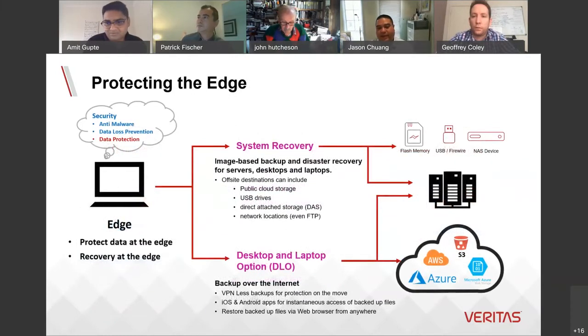All right. So look, getting into the edge. This is an area we sometimes forget about nowadays, especially given a lot more SaaS-based tools like Dropbox and OneDrive, which is very popular, and hence we tend to forget about data protection on the edge. If you look at security on the edge, most people will think about anti-malware. Some organizations will even have a level of data loss prevention tools implemented. But data protection at the edge tends to be forgotten.